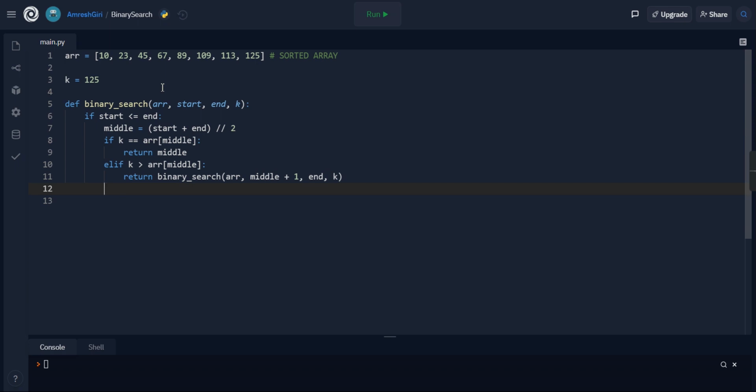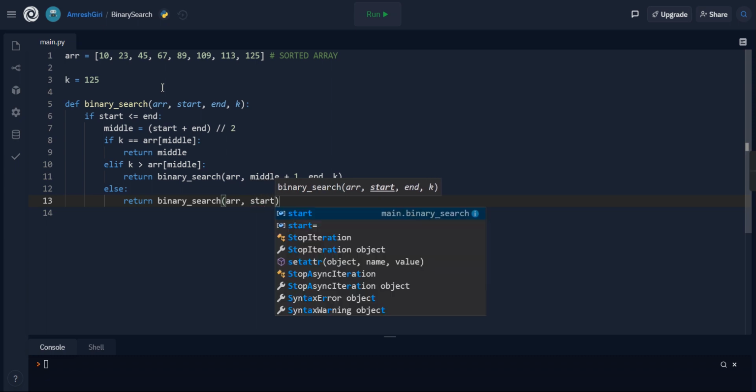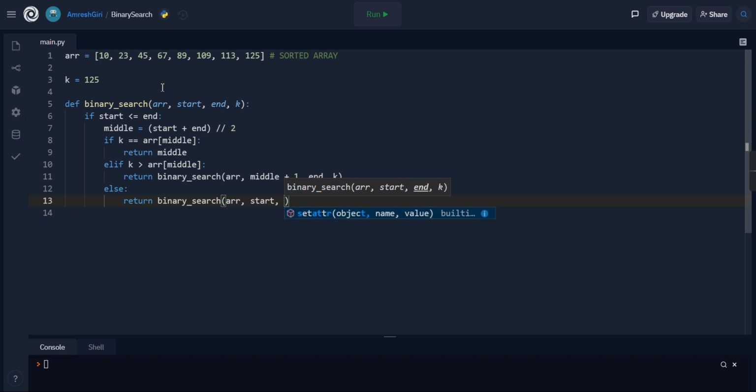So what if k is less than? In that case, we are going to discard the right side and we are going to continue with the left side. So start will be start because it's 0, and then the ending of the array will be middle minus 1, because we know that middle is not our element, right?